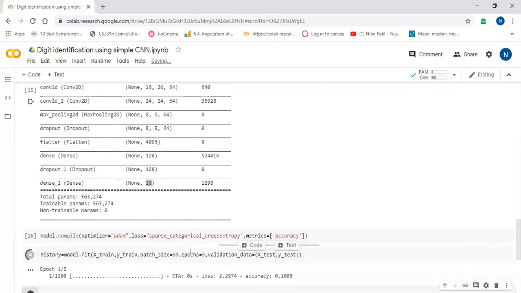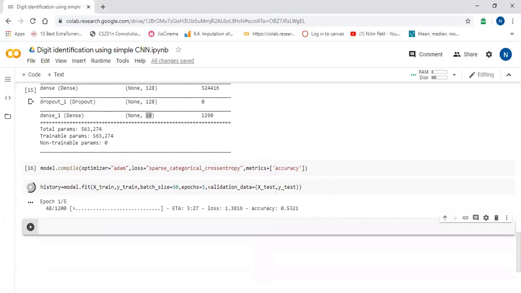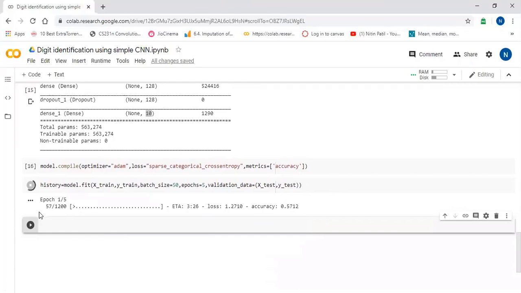Okay, we have started the training, so it will take some time. We will wait for the first epoch to finish. So you can see training has been started. First epoch out of 5 has started, and the training loss is decreasing. At the same time, training accuracy is increasing. And we are running the training of the model on the TPU.